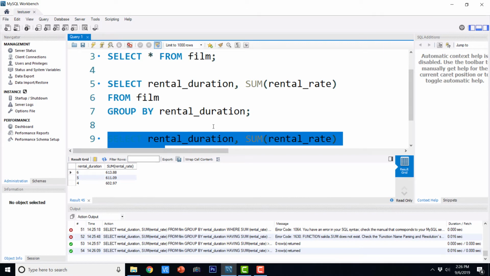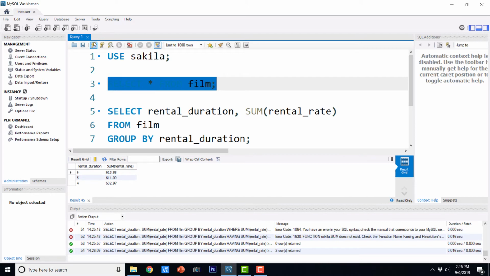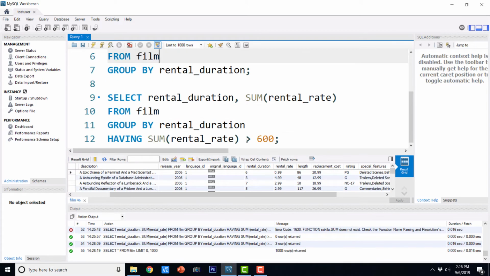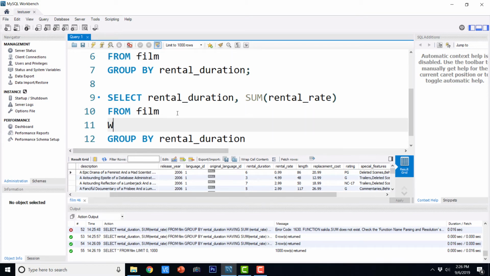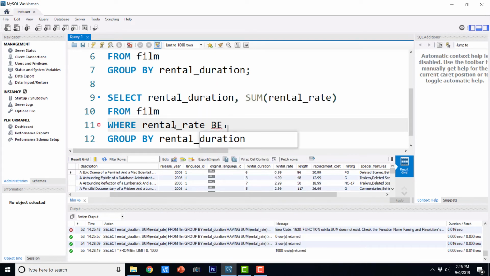Now let us try to use having and where in the same statement. So let's say having sum of rental rate greater than 600, where rental rate is between 0.5 and 3.5.